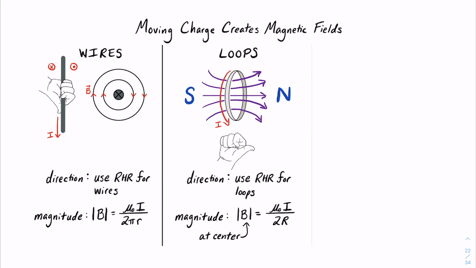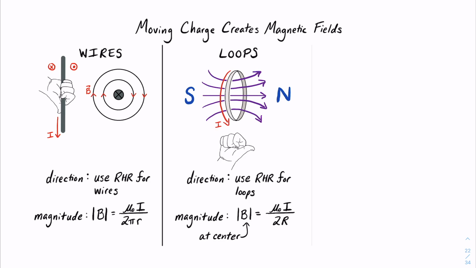The second place where we see moving charge is in current-carrying loops. This is a loop of wire that has some current I, and we can find the direction of the magnetic field produced by this loop using our right-hand rule for loops, shown here. And what happens with these loops is they actually act like little bar magnets, because if we look at the